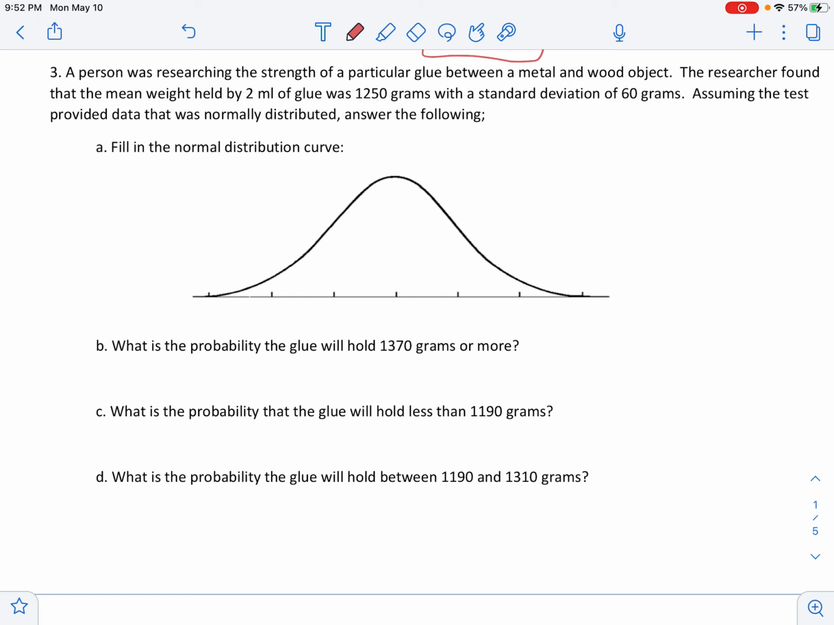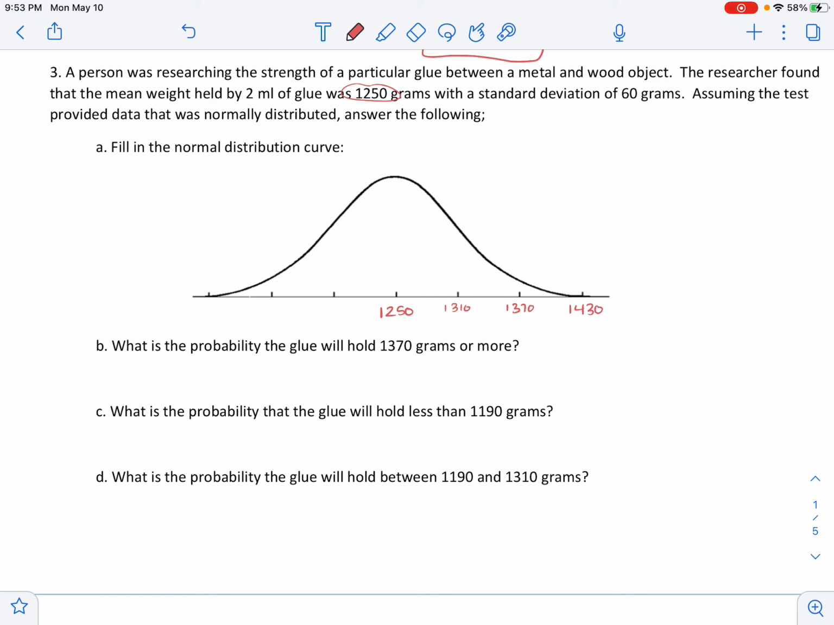Our normal distribution curve always starts with the mean in the middle. So I'm going to do 1,250. And then to find all of the other points, we use the standard deviation. In order to move to the right, I'm just going to add the standard deviation. So I'm going to do 1,250 plus 60. So I get 1,310. Plus 60 again, I get 1,370. And one more time, I get